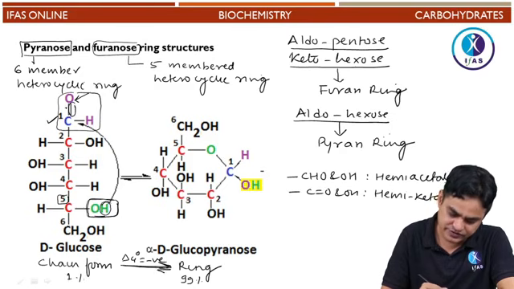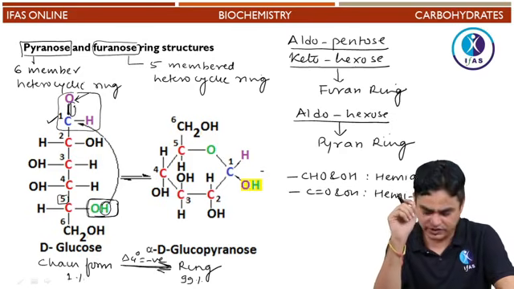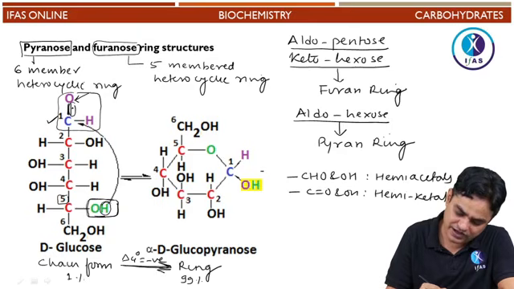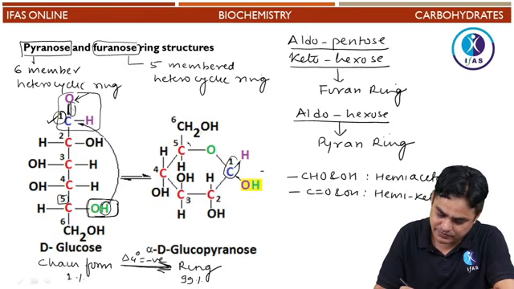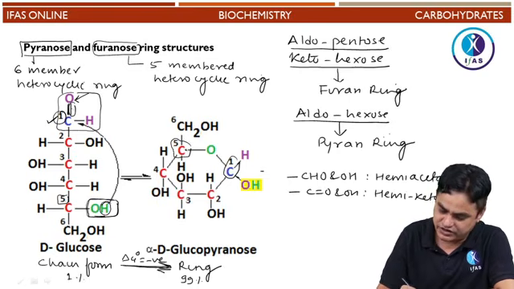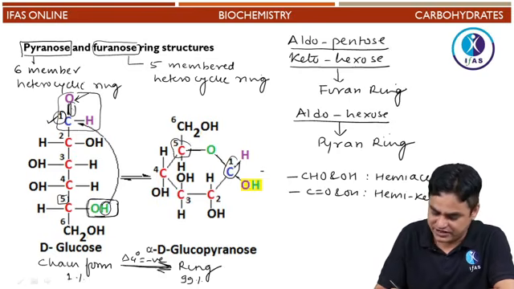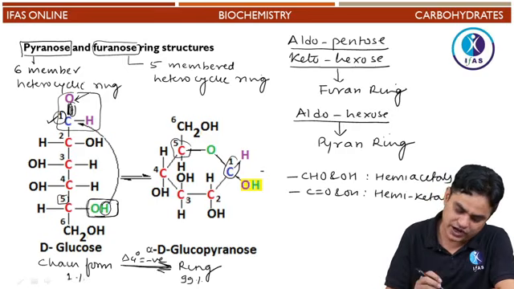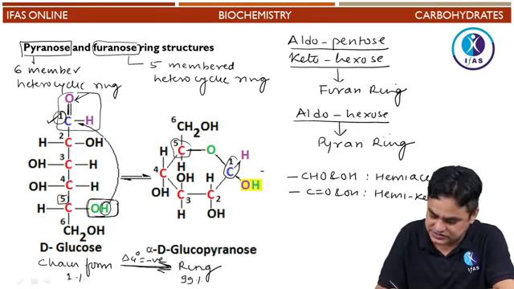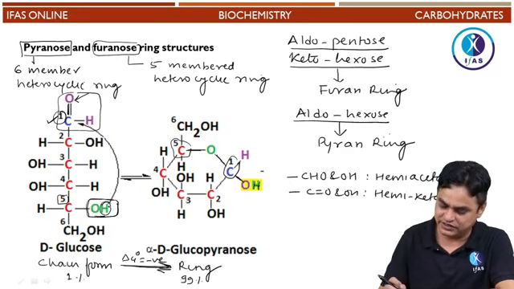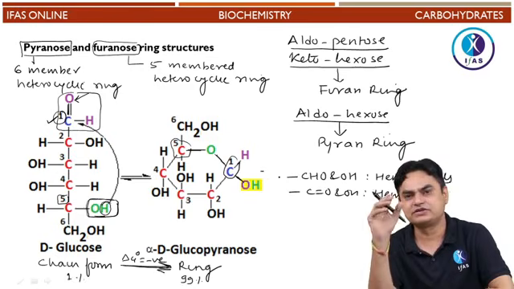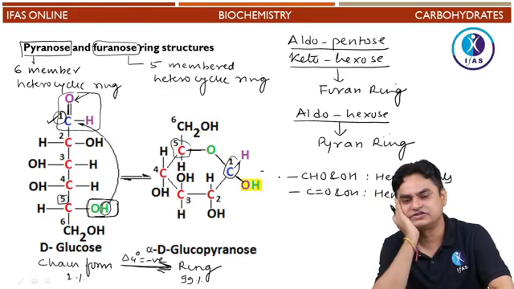From this OH, it moves to this. This C double bond O, this double bond gets into a single bond, and one more bond is formed between carbon 1 and carbon 5. So carbon 1 and carbon 5 start forming one new bond. While at carbon 1 there was C double bond O, now there is only C single bond O, and there is one more hydrogen, which is being taken from carbon number 5. So simply there is a formation of this ring structure.